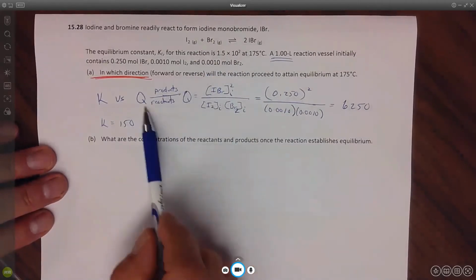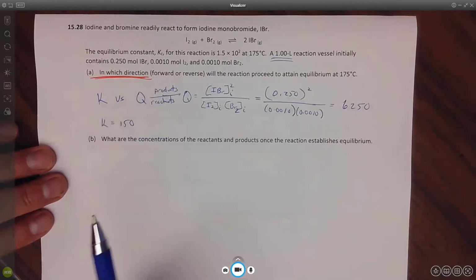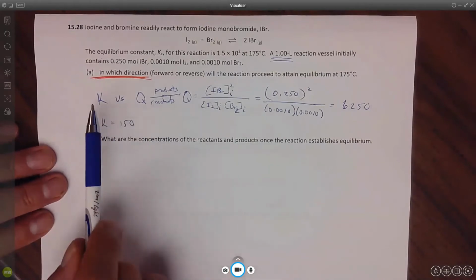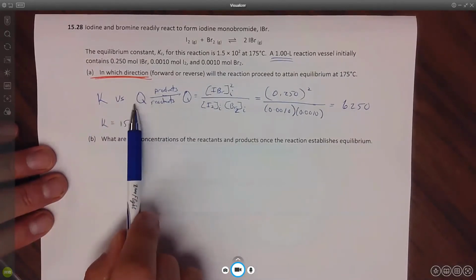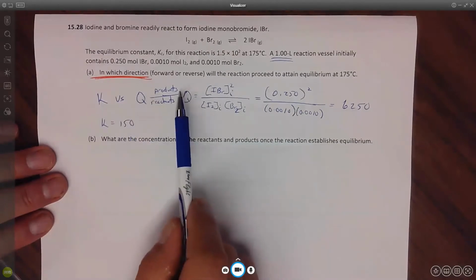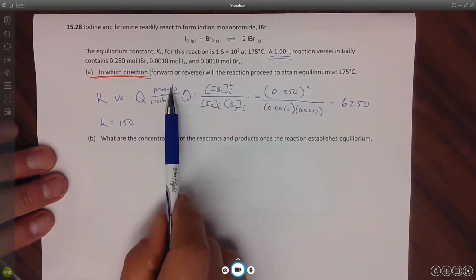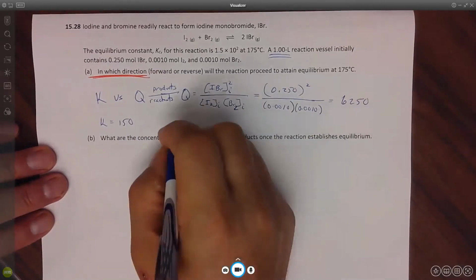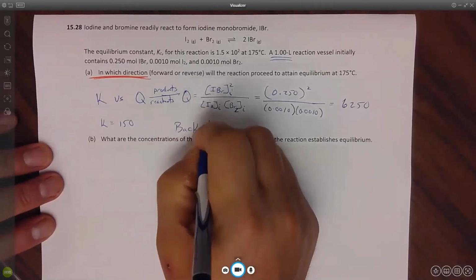Think of it like this. It's always K versus Q, never Q versus K. K needs to equal Q. So if Q is too big, I have too many products, it's got to go back to a reactant. If Q is small, that means I don't have enough products. I need to go that way. So in this case, it's going to go back toward